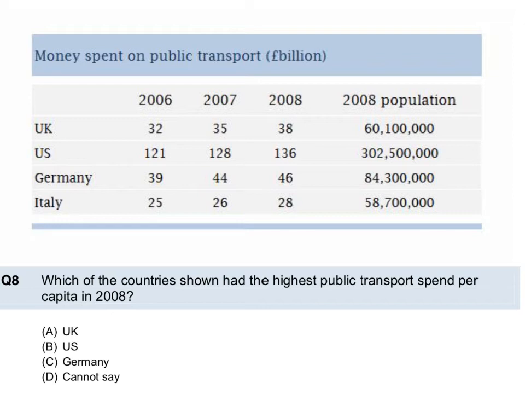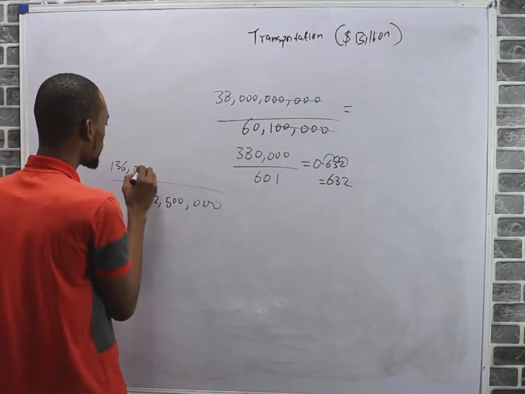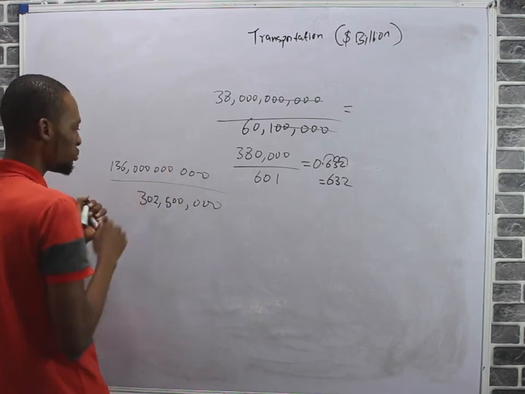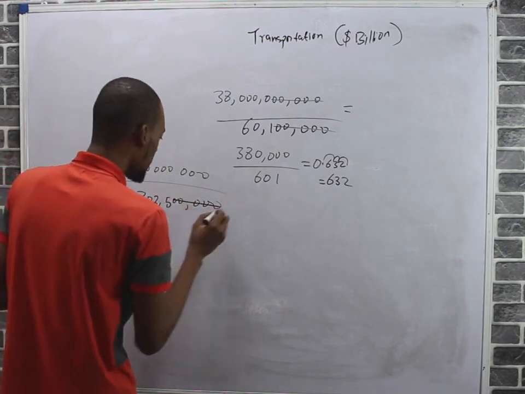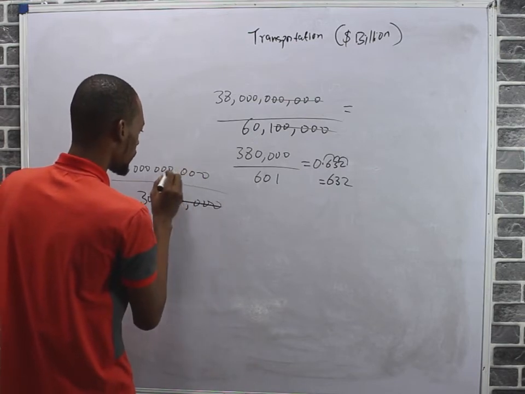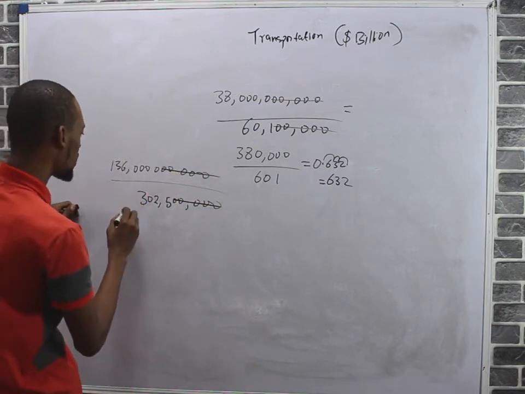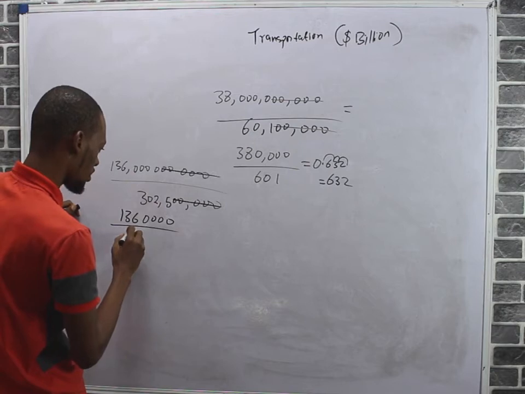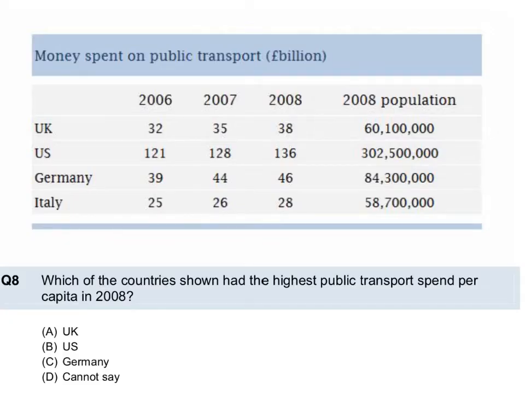Now, for US, they spent 136 billion. And the population is 302,500,000. So 136, 1, 2, 3, 1, 2, 3, 1, 2, 3. So this is thousand, million, and billion. So automatically, 5 zeros, we swallow 5 zeros. So we are left with 136,000,000 all over 3025. And for Germany,